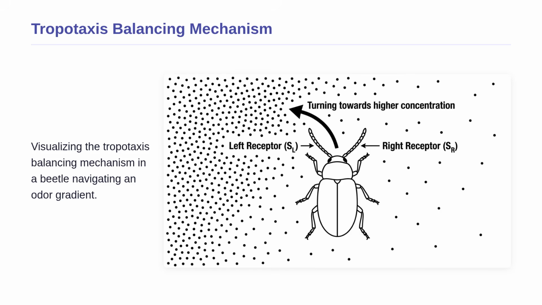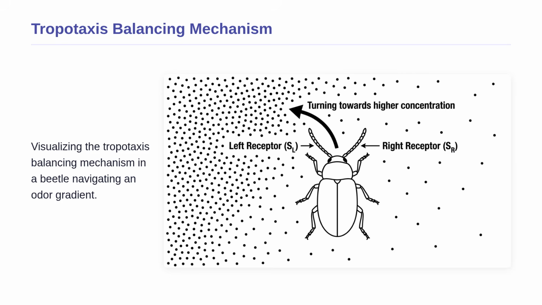Having calculated the turning angle, let us visualize what this actually looks like. On screen, you can see a diagram of our beetle navigating an odor gradient. Notice the small dots representing the chemical odor molecules. They are much denser on the left side. The left receptor, labeled SL, is immersed in this higher concentration, while the right receptor, SR, is in a lower